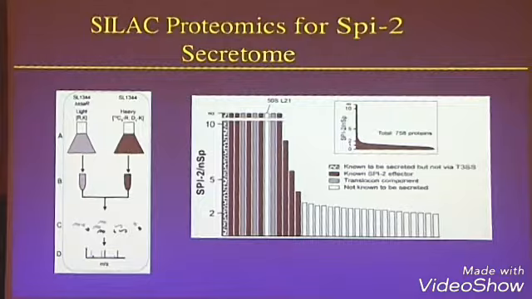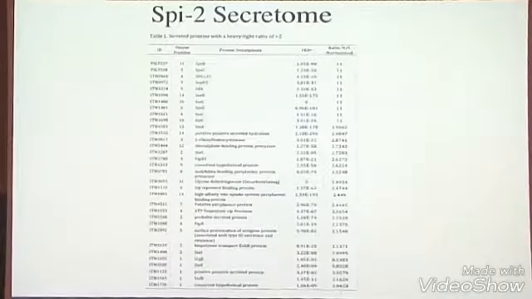So as I said, this just came out, and I don't want to go into too much detail, and you can check the paper here, but here's the list of the proteins that are basically secreted preferentially by wild type compared to a SPI-2 mutant. And you can recognize many of the SPI-2 effectors in here, as well as others that we're now chasing down to try and confirm whether or not they're actually a SPI-2 dependent system. So what you find here is you then have to do additional studies to prove whether it's secreted by SPI-2. Usually put a tag on it and try it in wild type versus SPI-2 mutant.